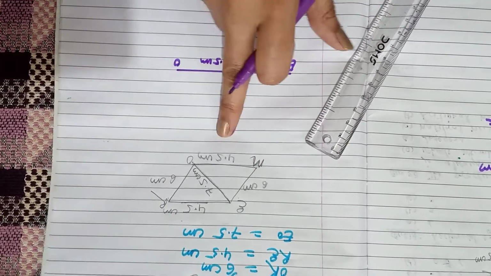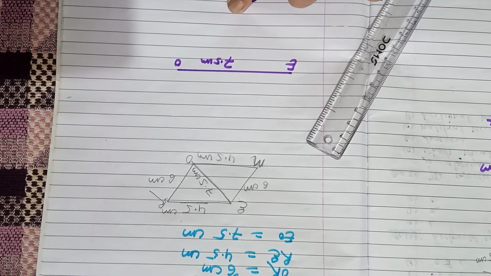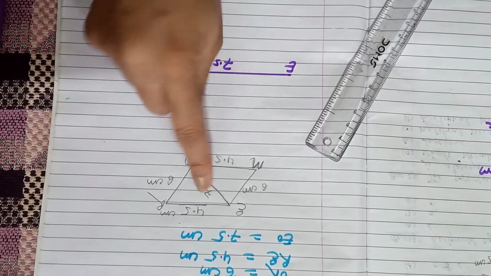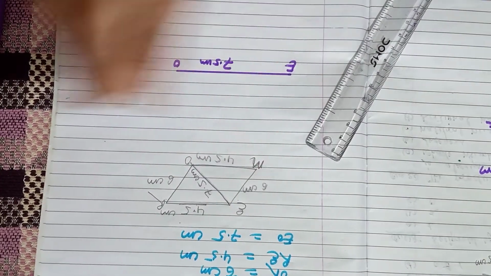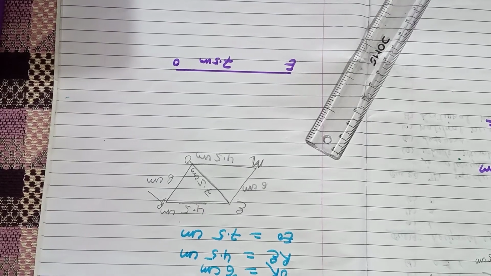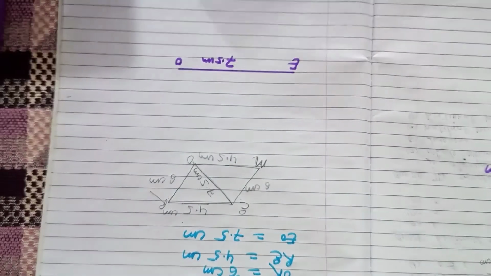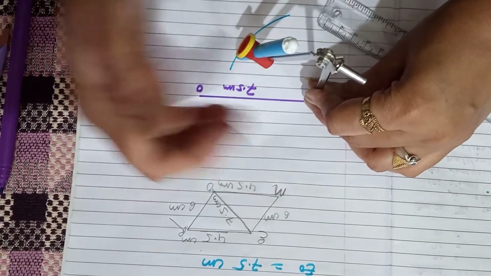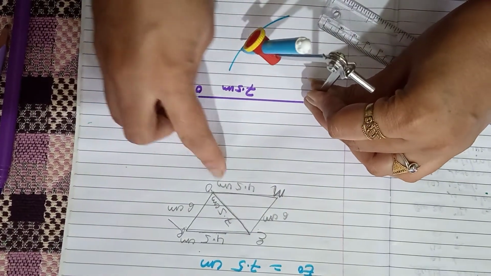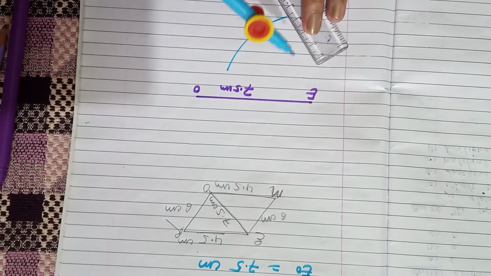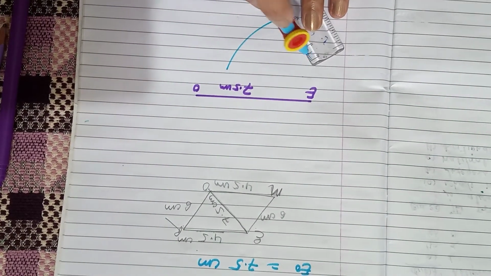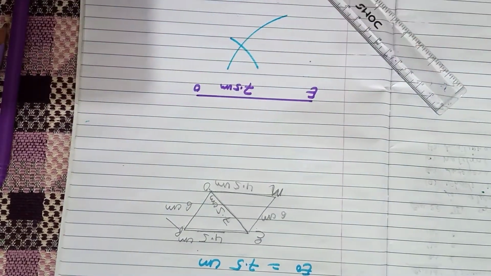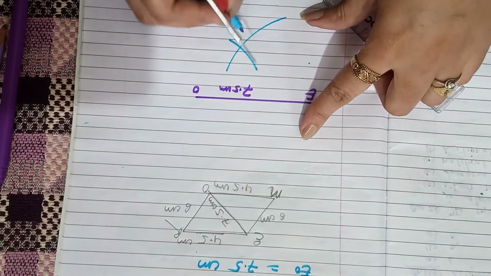So now I am taking first MORE, that means M is on the downside and R is on the top side. So I am taking M from E and from O. Now I am measuring E to M, 6 centimeter. Measure the length of EM with the help of the compasses and the ruler, 6 centimeter, and after that OM, 4.5 centimeter. So this intersection point is M.